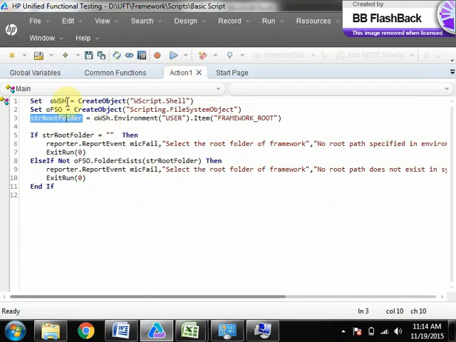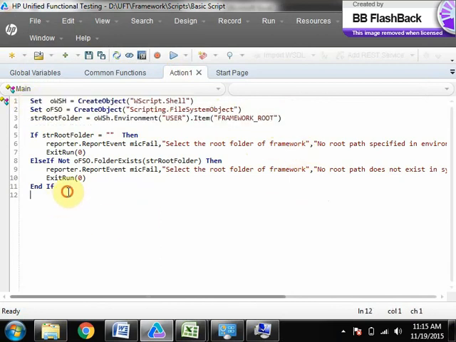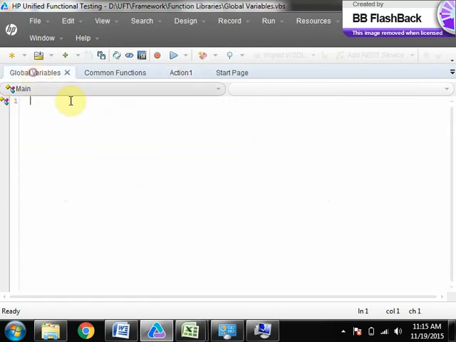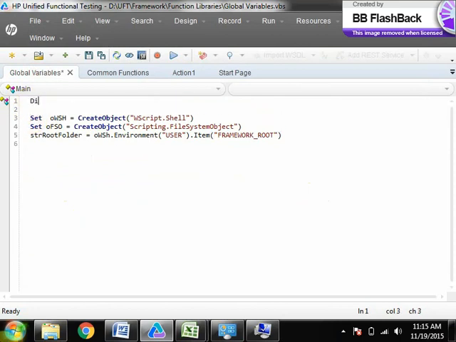Whatever WSH, FSO and root folder, all this we are going to use externally. So what I am doing now is dim OWSH. I am defining those variables outside the action, in a function library.